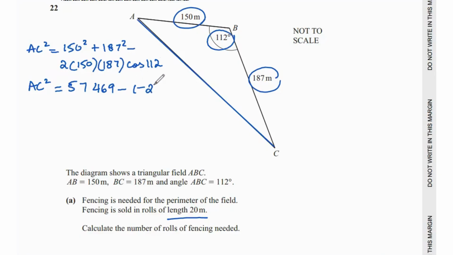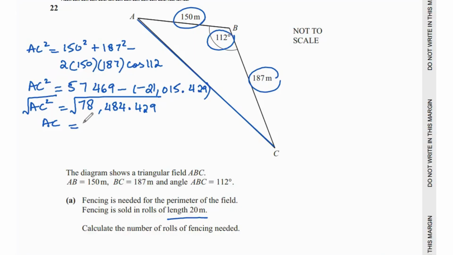So that's negative 21,015.429. So AC squared equals 78,484.429. Then we square root both sides and AC gives us 280.15 meters. So now for the perimeter, we add up the lengths: 150 plus 280.15 plus 187. That gives us